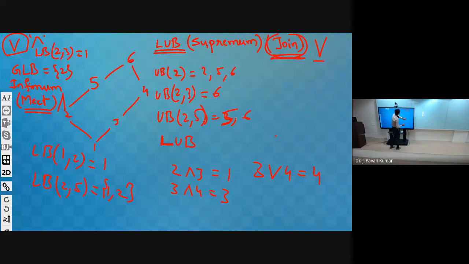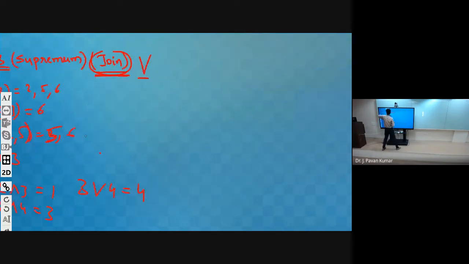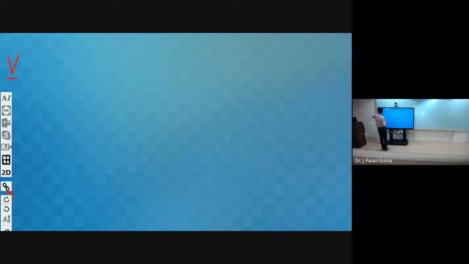Let us see one more example on this. What is join, what is meet? Of course, we have seen them, I am just introducing these two new terms. The least upper bound is nothing but join, and we denote it with the symbol for OR. The greatest lower bound we call meet, and we denote it with AND. Okay. And now let us consider a simple example.